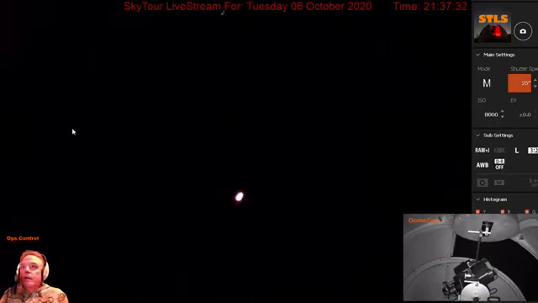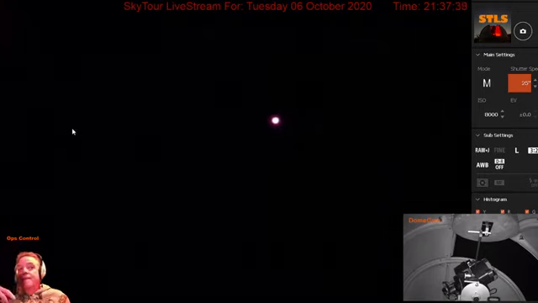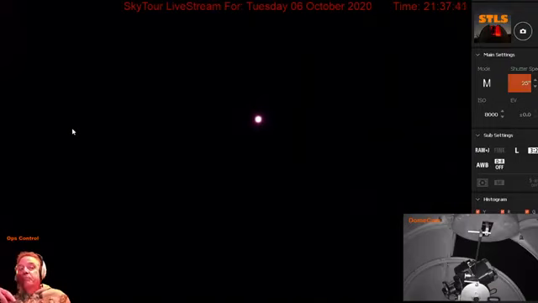Oh, look at that. There's our bright red friend. Say hello to my little red friend. That's the planet Mars, folks. And we will be looking at it, and looking at the telescope, I can see that we have no obstructions, so we should be good here.